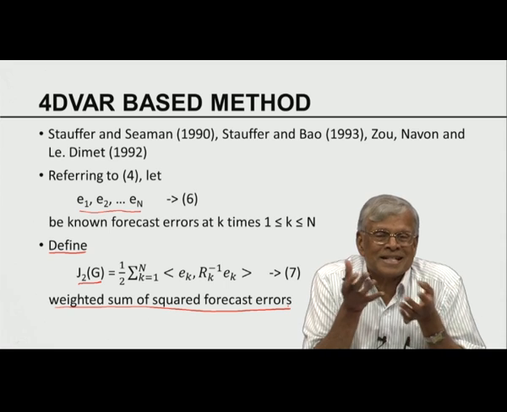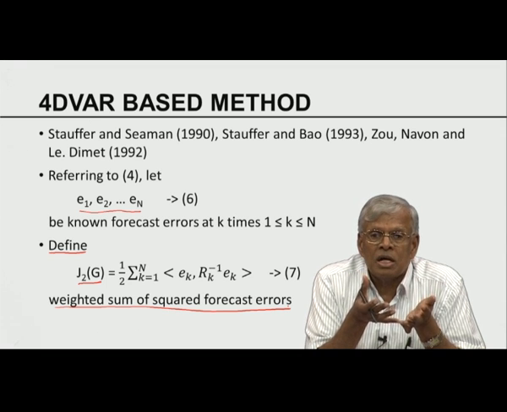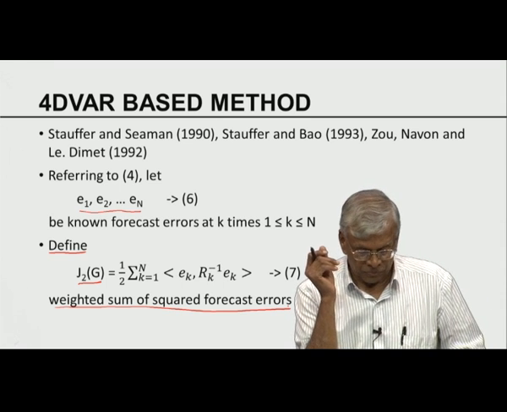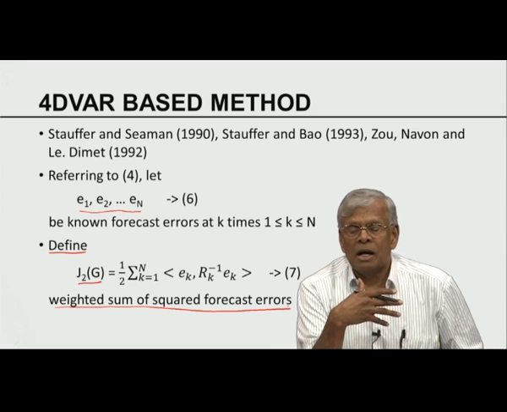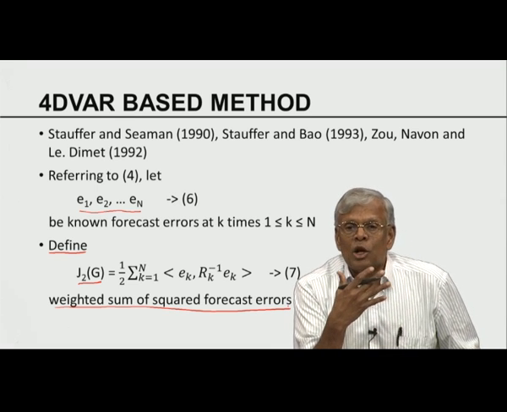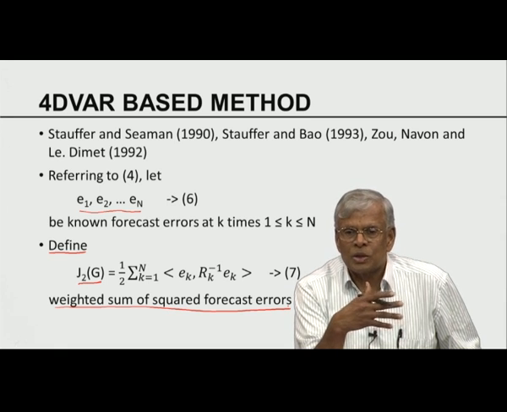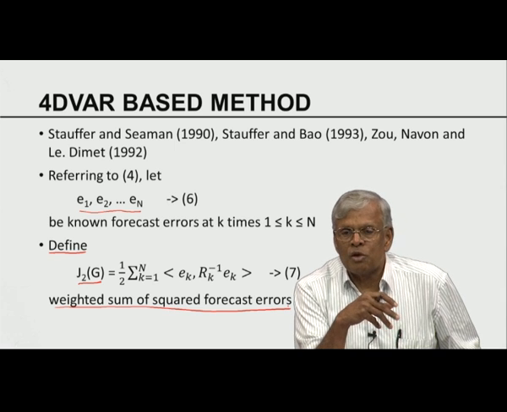Please understand, this is exactly the cost function that was minimized to find the optimal initial conditions and parameters in 4D-Var as well as the forward sensitivity based method. You can see the approach, because 4D-Var is something they know very well, and they were part of the development of the 4D-Var techniques. So they would like to look at this scheme as though it were a 4D-Var scheme